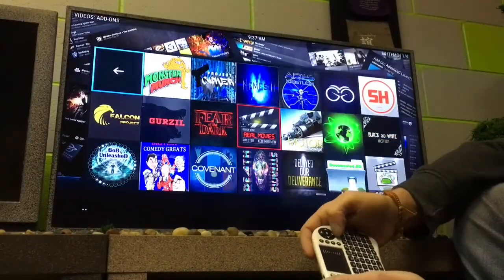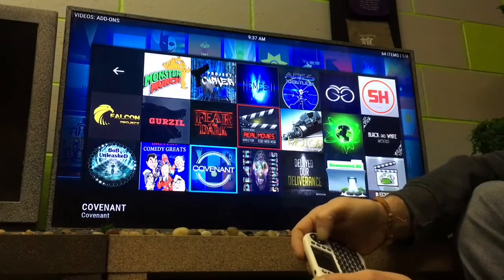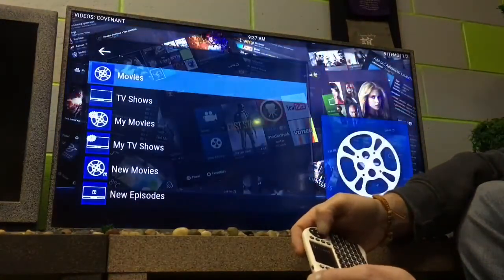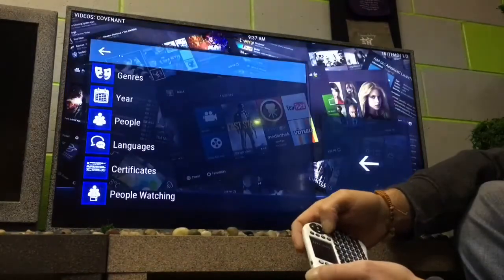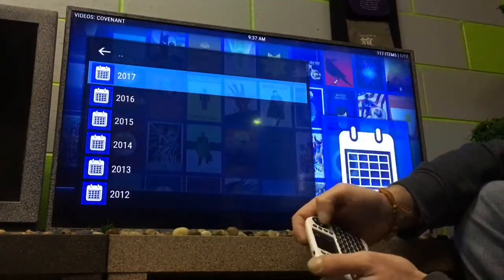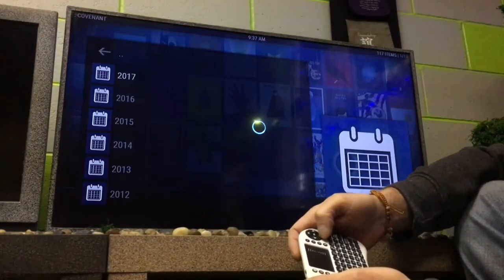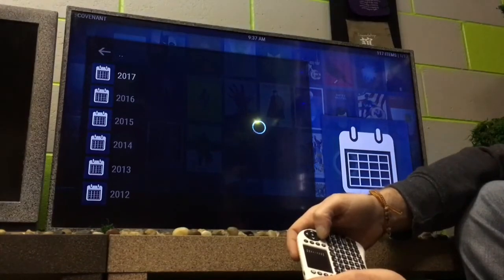This should bring up all the video add-ons that we have, right? And basically, this is the new Exodus, so we use Covenant. Click on Covenant, and suffer through the slow process that is Kodi, right? So click on year, say if I want movies, click on 2017, and we all know how this works, right? Super slow and